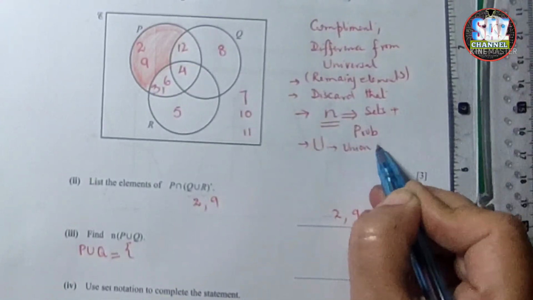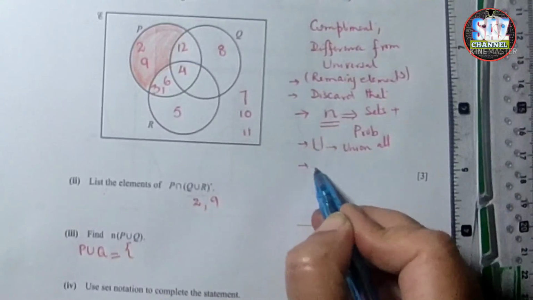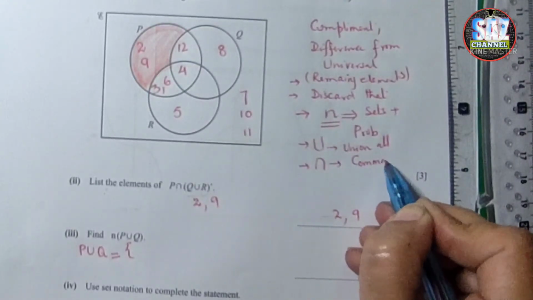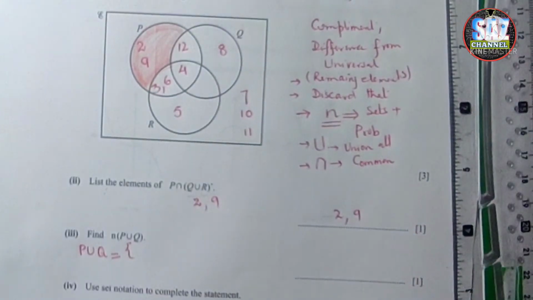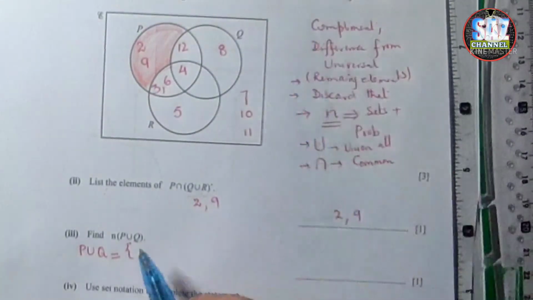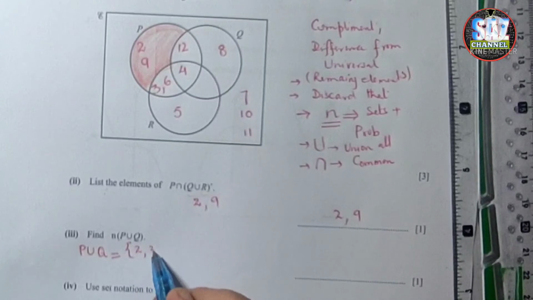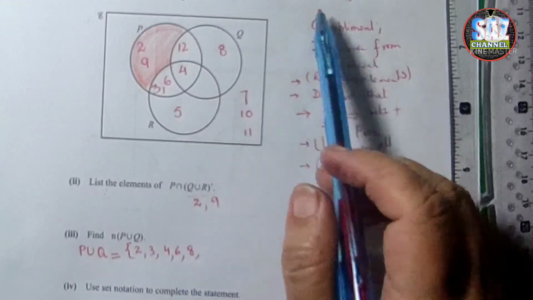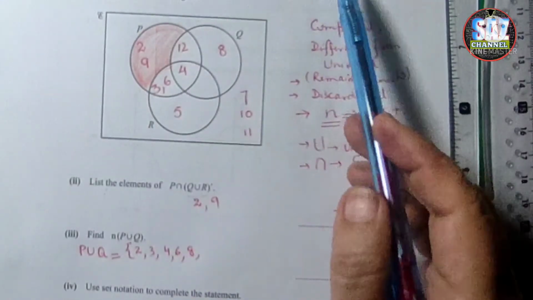Union is all, and intersection is the common. You can see, students, that while discussing the paper I'm almost revising the whole concept. P union Q is 2, 3, 4, 6. Go in the sequence. Try to go in the sequence: 2, 3, 4, 6, 8,